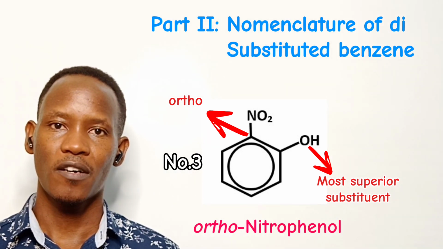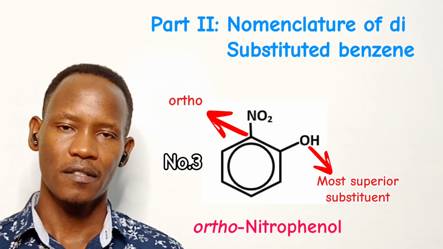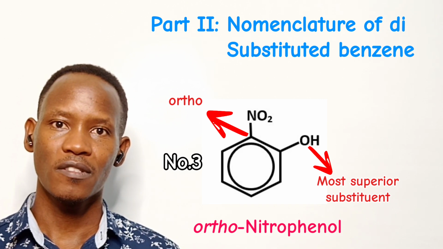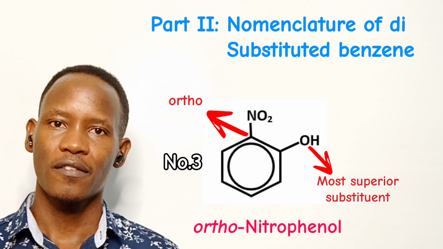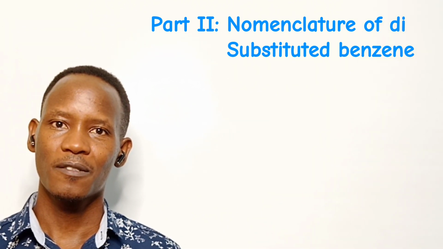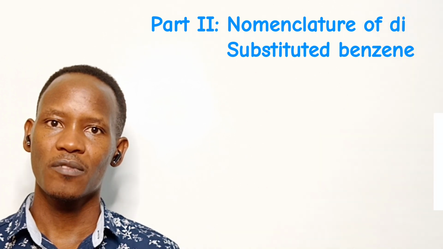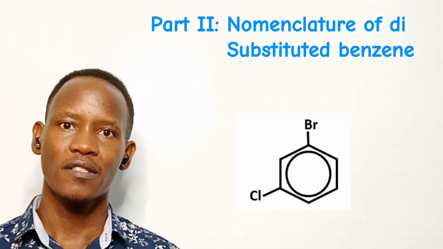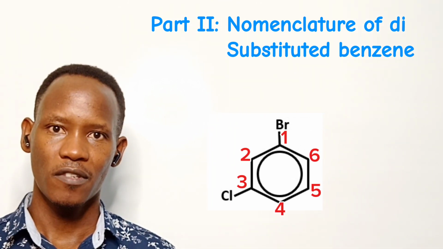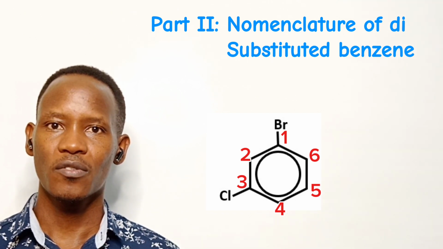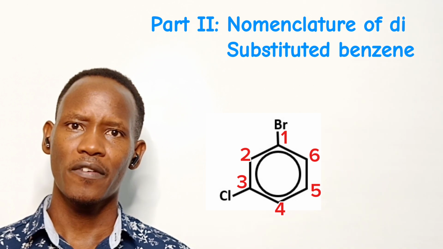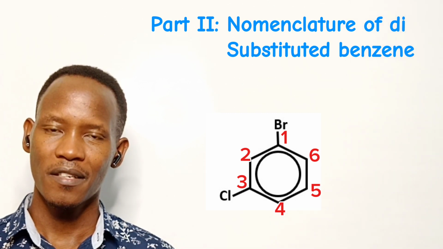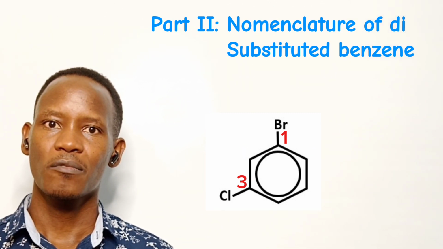Finally, it is possible that you can also have two similar substituents. In this case, just number the carbon atoms of the benzene ring such that the locants of the substituents give you the lowest sum. The first example displayed to illustrate this, beside me there, is that we have two substituents. There is a chloride substituent and a bromide substituent. By numbering in the clockwise direction, the bromide substituent is on the first position and the chloride substituent is on the third position. We therefore write the name of this compound based on alphabetical arrangement of the two substituents as